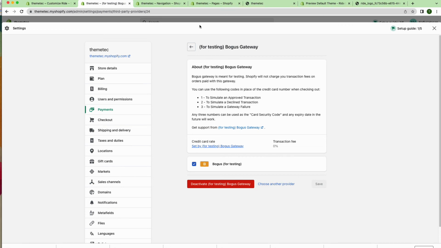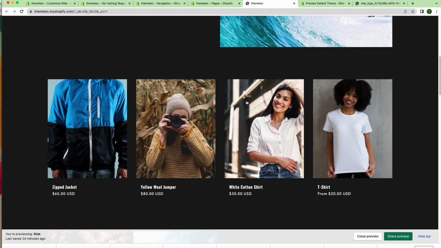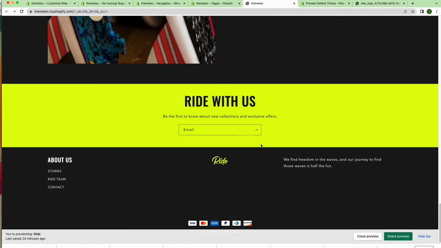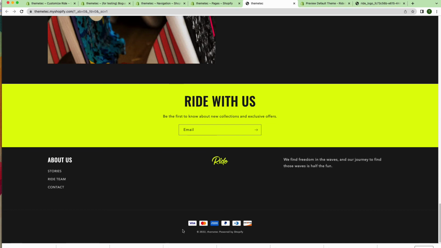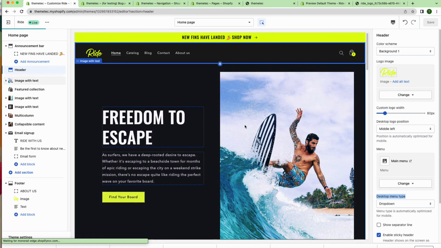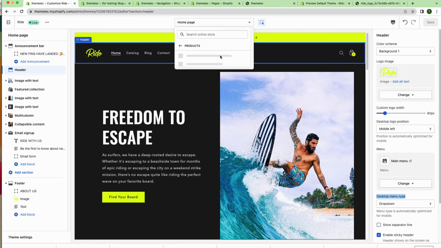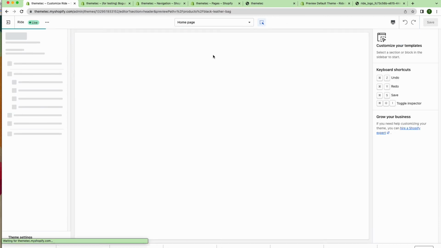so now if I load our page, you can see those payment icons are showing, and then we have some content for copywriting. Okay, so that's how you can customize the Shopify theme to build your homepage. Then if we go to another page, let's say you want to customize the product page, then we can go to the product page